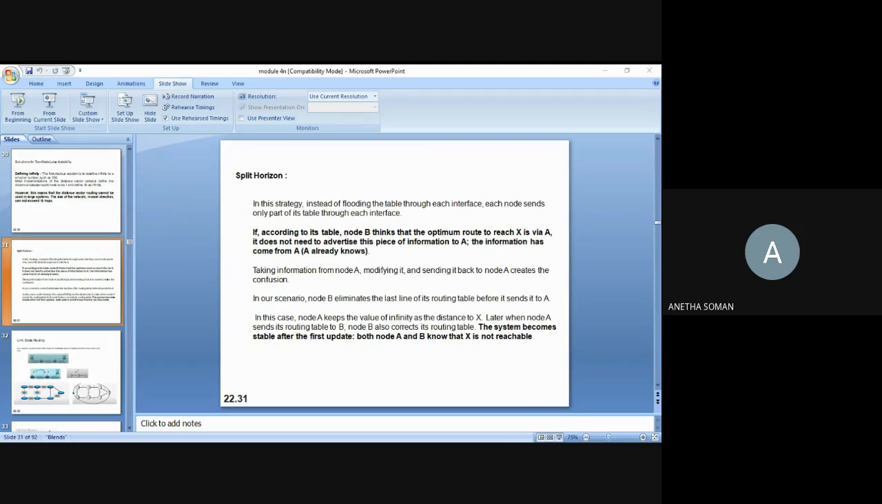Now, what is the split horizon? In this case, instead of flooding the table through each interface, each node sends only part of its table through each interface. The meaning is, I have told you, you had three nodes X, A, and B. Initially, they have exchanged the information that they can reach node X with a distance of,